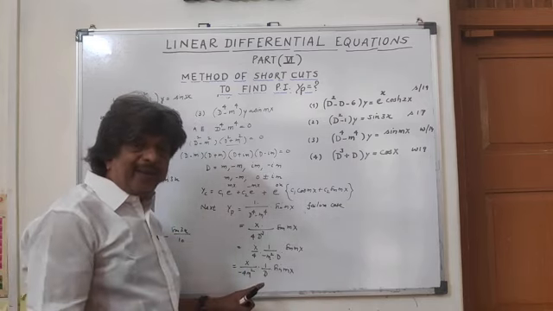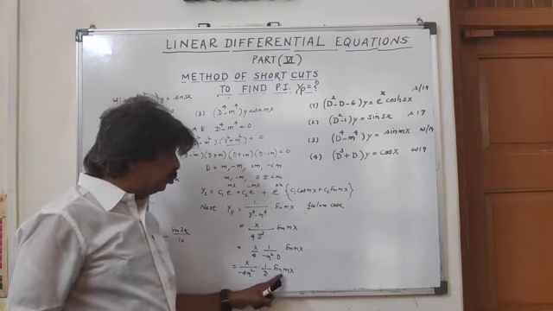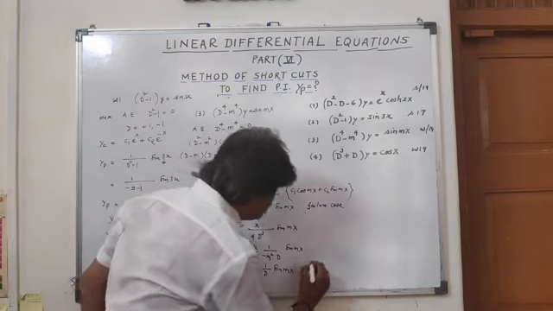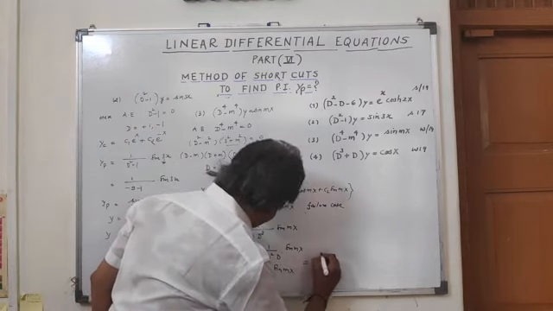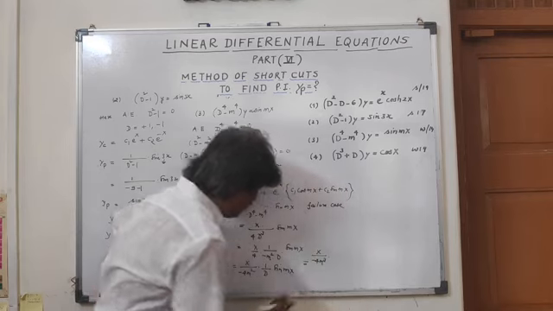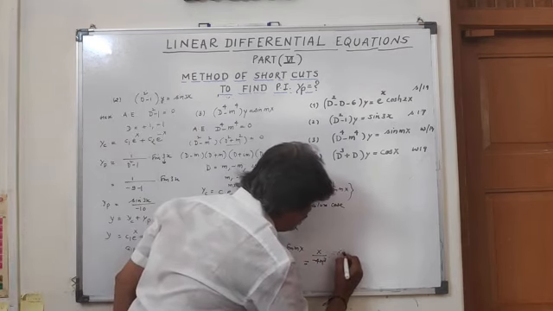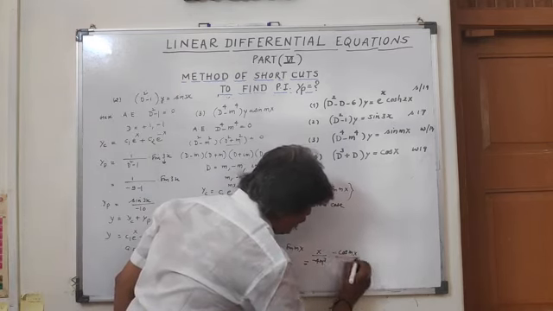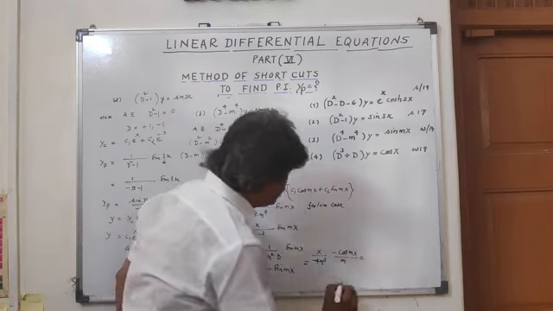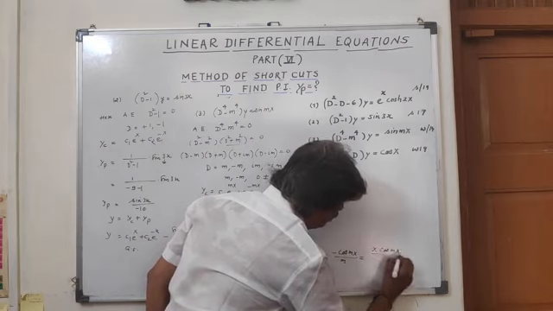1 upon d means 1 upon d by dx. It is the inverse of the derivative. 1 upon d means integral with respect to x. So the integral of sine of mx with respect to x is minus cos of mx upon m. So x upon minus 4m square, and now integrating sine mx with respect to x gives minus cos of mx upon m. So aggregately it becomes x cos mx upon 4m cube.